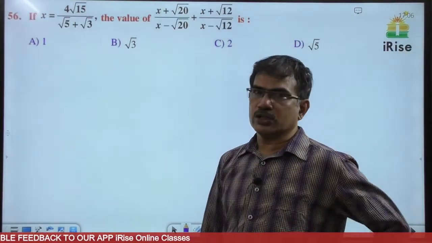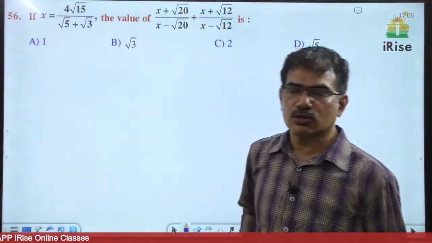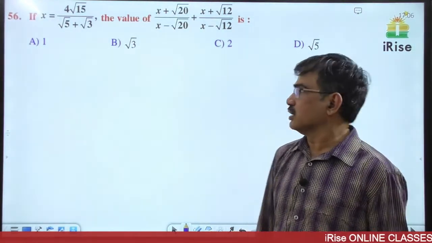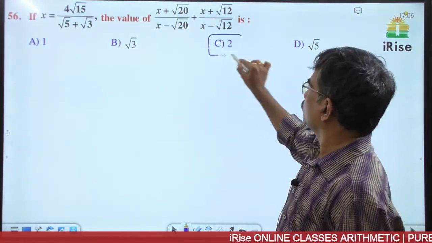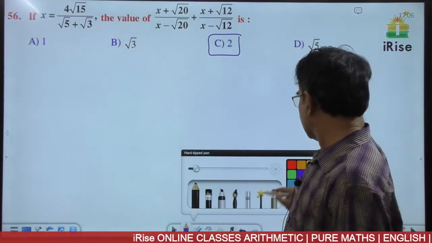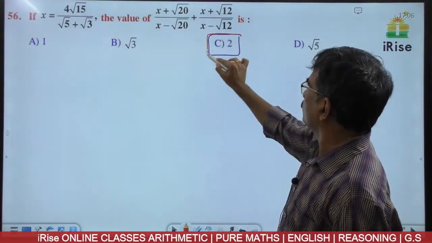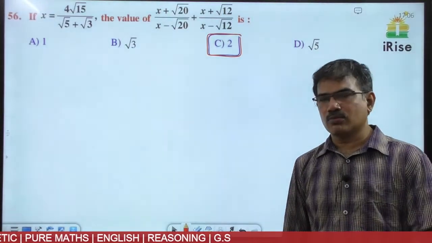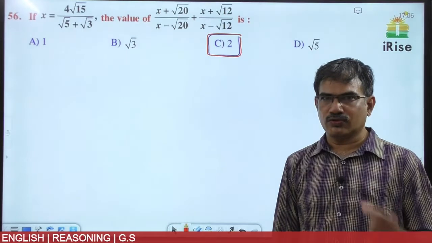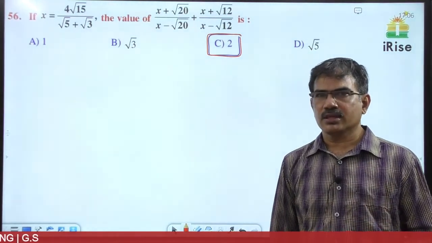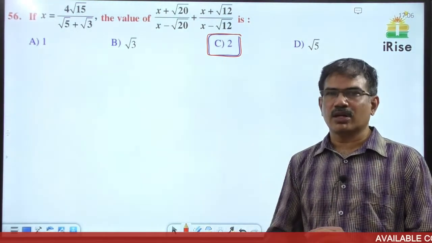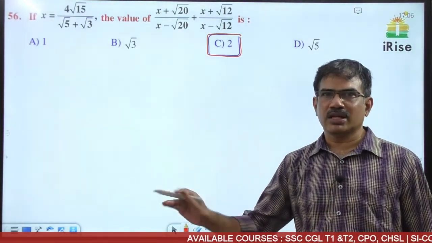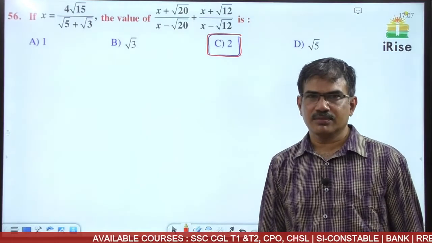This is also a good question. Actually, this is a standard question. If any question of this type is given, the answer is always 2. The answer is 2. How to get this one? I want to give the formula as well as the procedure also. First I want to give the procedure, then write it as a formula, and that formula is applicable to all algebraic type of questions like this.